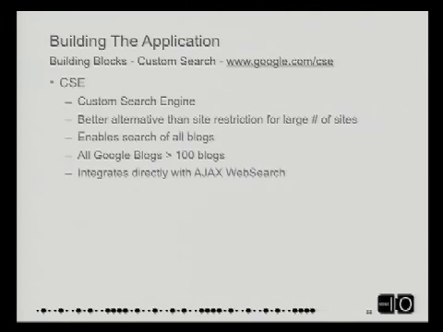So now looking at the higher level components of Reader and the Google custom search engine. Again, the custom search engine is needed because to search over hundreds of blogs, this is the best solution. It's a single call. Custom search engine is highly optimized to do this type of thing. We get the results we want back. Works very, very well.